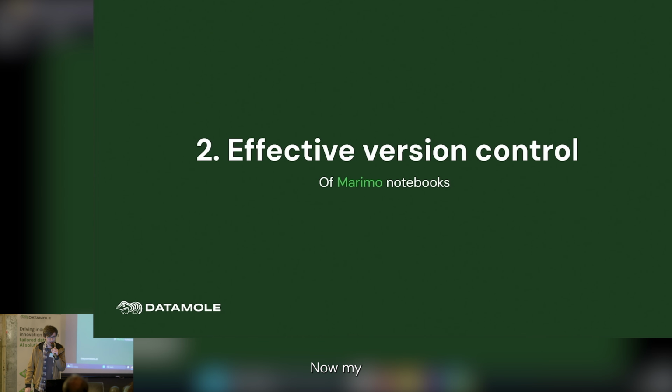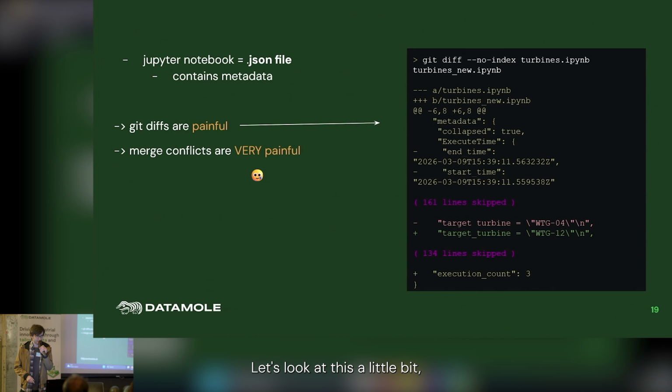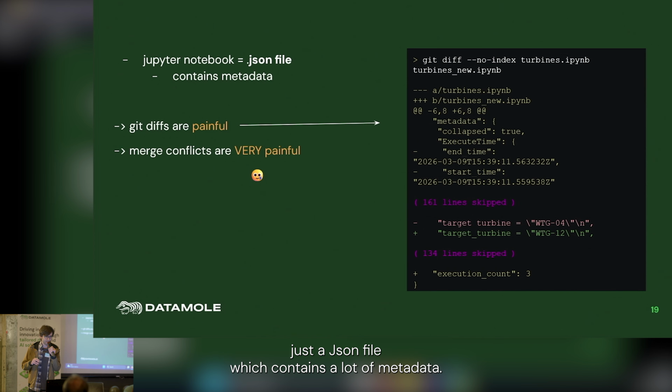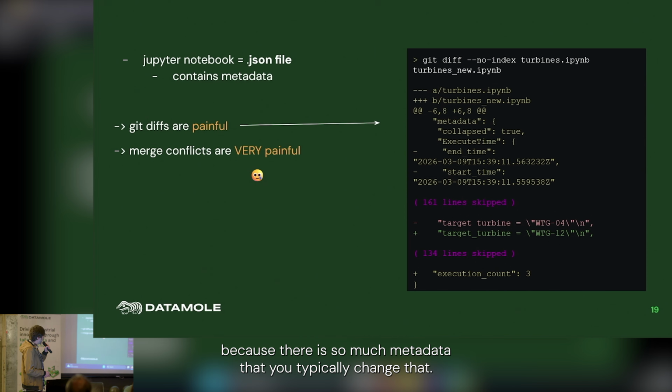Now, my second point is effective version control. Let's look at this a little bit in more detail. A Jupyter notebook under the hood is basically just a JSON file which contains a lot of metadata. If you have two Jupyter notebooks that you use version control with, and you want to compare them, the comparison is painful because there is so much metadata